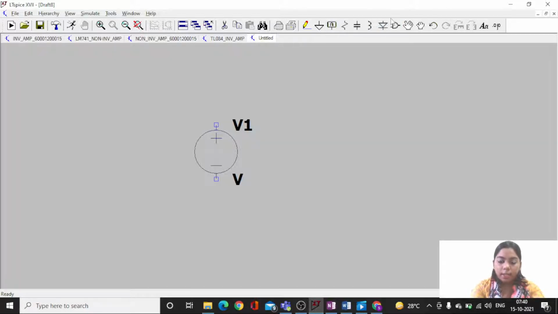If I don't want this extra voltage source, I can press escape or right click. Similarly, I have another symbol that reads diode, so I can place a diode, an inductor, capacitor, resistor. For example, if I want to place a resistor, I'll click on the resistor. Then if I want to rotate this resistor and place it in a different manner, I can do this with the help of this shortcut, that is Ctrl R, and the resistor is rotated. So this is how you can place it.